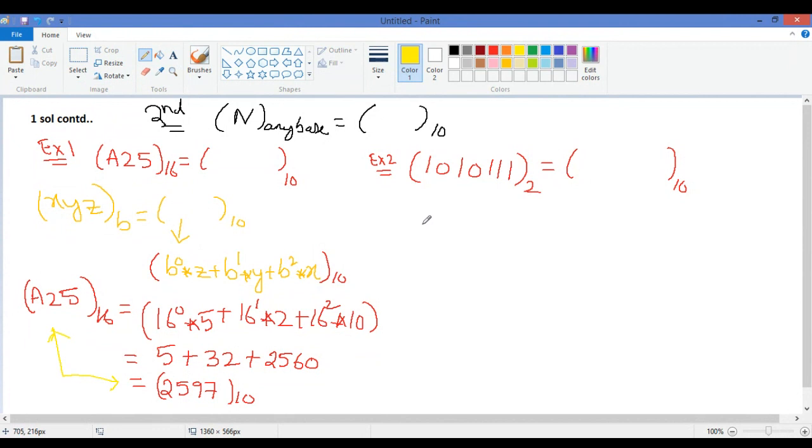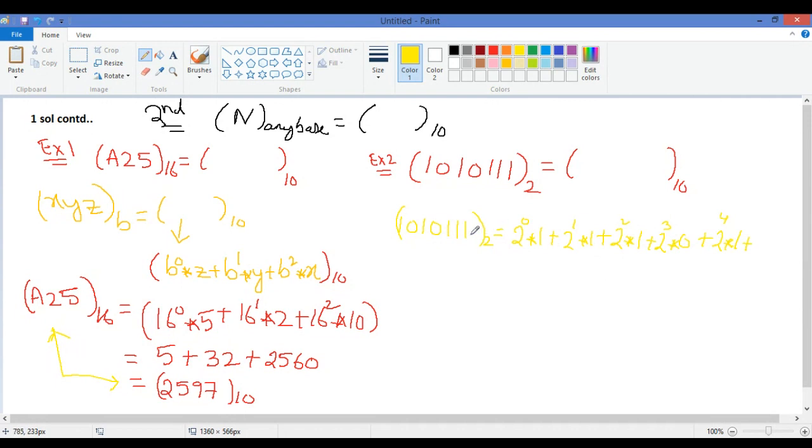So this is very easy. How do you convert this number 1010111, which is in base 2, to base 10? Simple. 2 power 0 into 1 plus 2 power 1 into 1 plus 2 square into 1 plus 2 cube into 0 plus 2 to the power of 4 into 1 plus